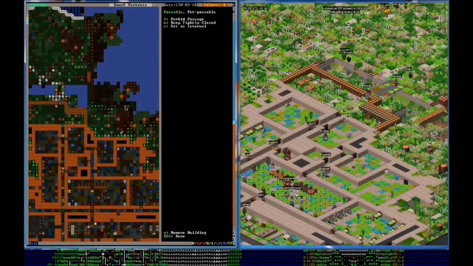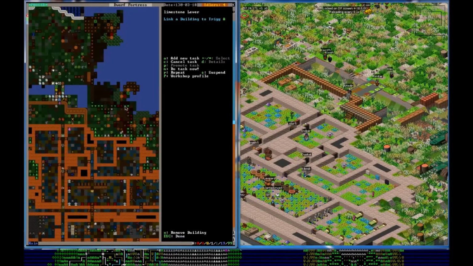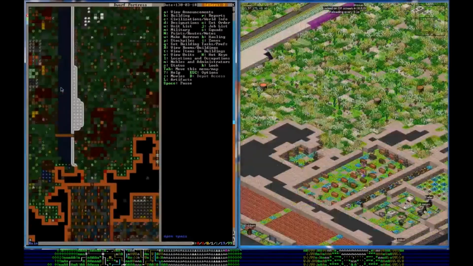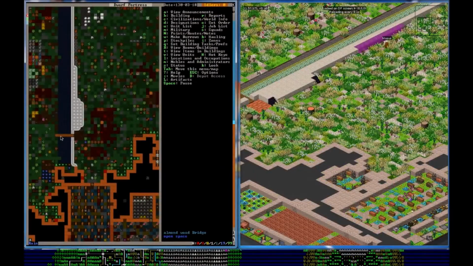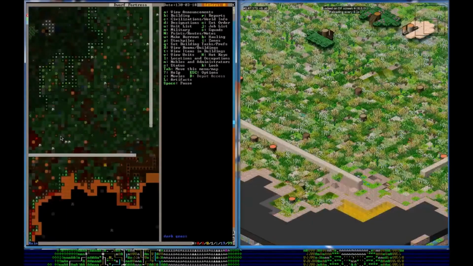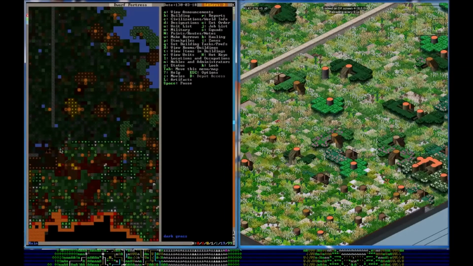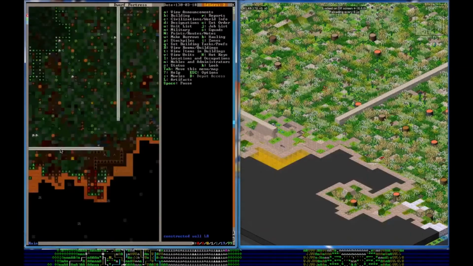Another thing that I've come through and done is linking bridges up to this trigger. So this trigger here is going to open and close this bridge, and this bridge as well. And it's also going to close down the bridge that goes up here. Once we're ready with that, it's going to close the bridge down up here also, which is great. Right now we're just waiting on some dwarves to come up and dig out this section